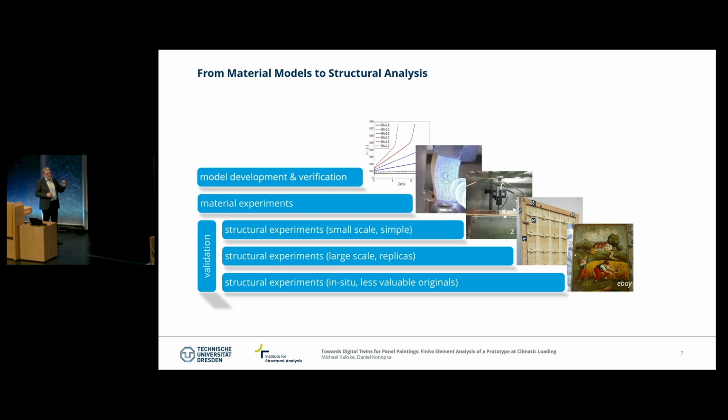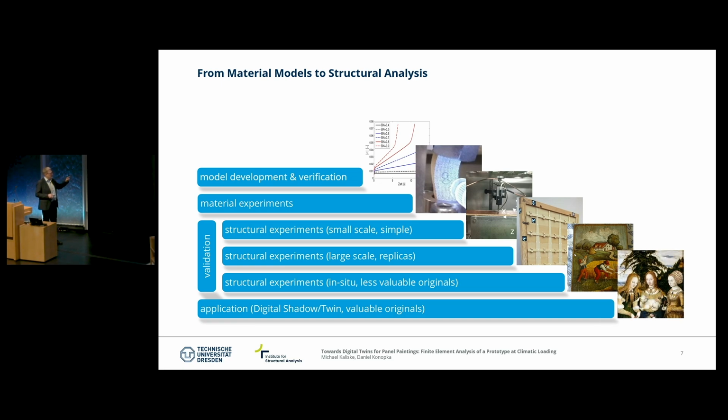The final goal of all the developments we are going to do is, of course, to introduce in the future a real digital twin of the objects, which is really quite complex at the end. I will comment on that at the end of my presentation. And it's more than just having a numerical model. We need a lot of information from the reality, which goes into the digital twin as well. And we need the so-called twinning, which means fitting the model to the reality.